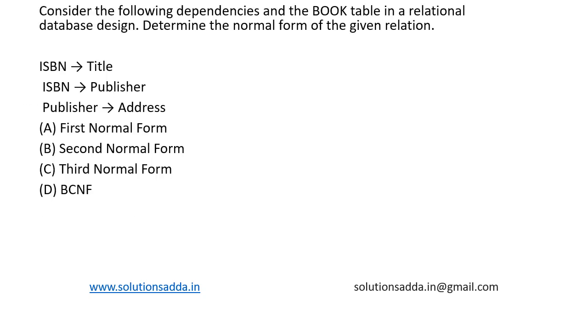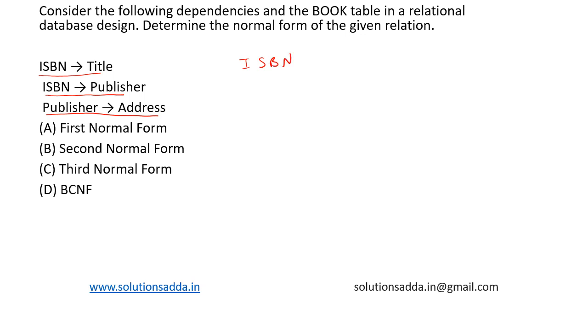This is a question from database. Consider the following dependencies and the book table in a relational database. Determine the normal form of the given relation. So the dependencies are ISBN determines title, ISBN determines publisher, publisher determines address. So first of all, let's find the candidate key. The candidate key here is ISBN